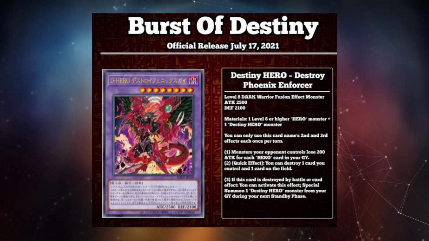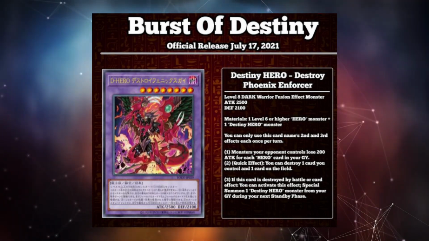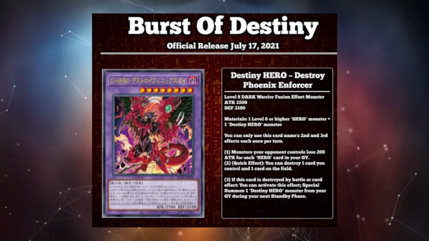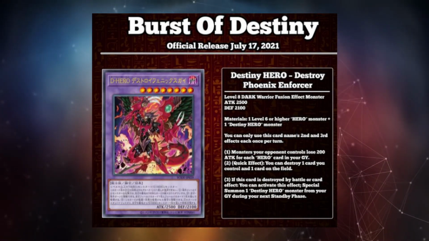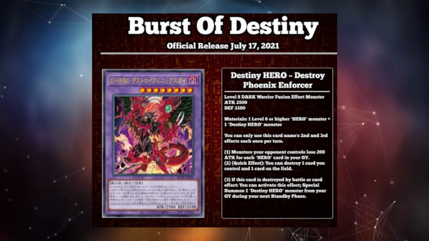Alright, so let's jump into the actual video. Burst of Destiny, we've got 4 cards to look at here. The first one is a new fusion monster, Destiny Hero Destroy Phoenix Enforcer. First off, the artwork is phenomenal. Just want to give that shout out. They have done a really solid job with a lot of the artwork, especially from more recent sets, but it